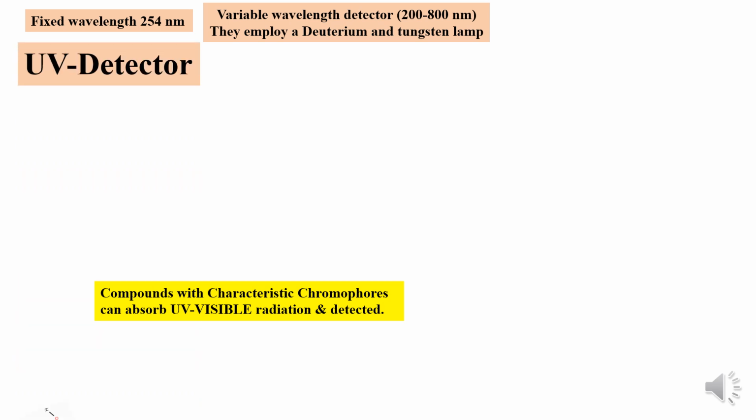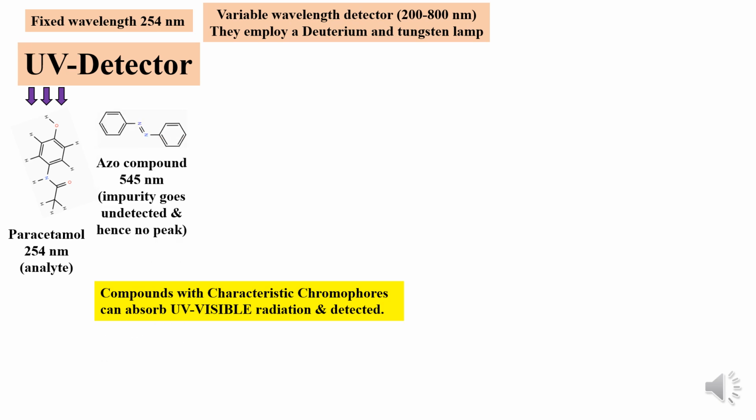Now the UV detector operates at a wavelength of 254 nanometers. Say, for example, we are carrying out analysis of a paracetamol sample, and this molecule is the analyte. It absorbs UV radiation at 254 nanometers. The major drawback with the UV detector is that if an associated molecule absorbs at a wavelength of 545 nanometers, it goes undetected